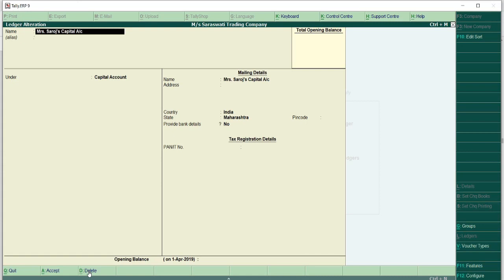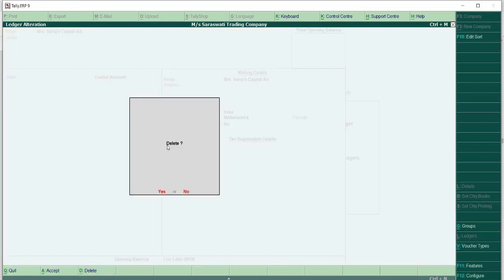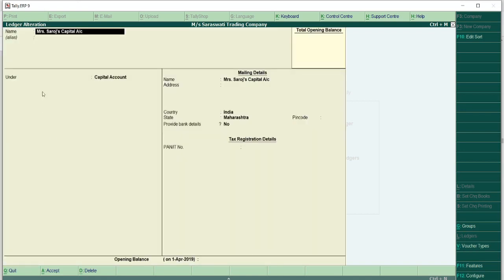You can directly press this delete option and Tally will ask you whether you want to delete it, yes or no. If you press yes, then this ledger account will get deleted. Right now I am pressing no.